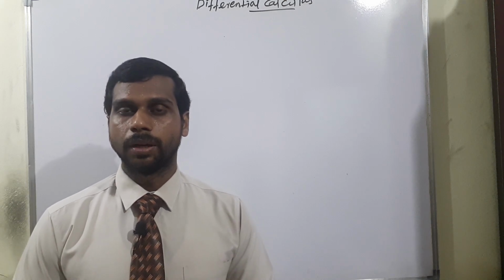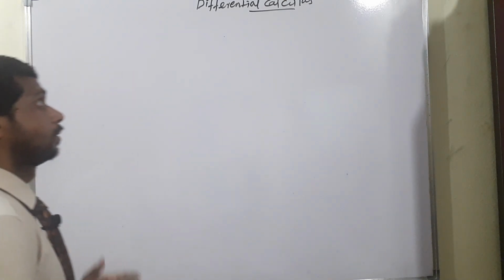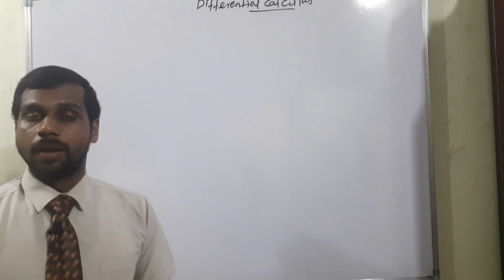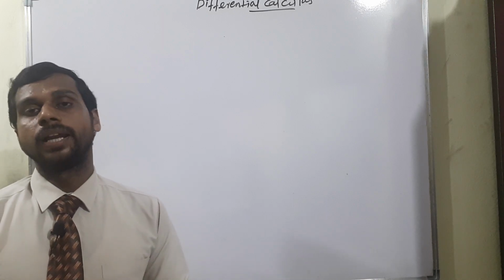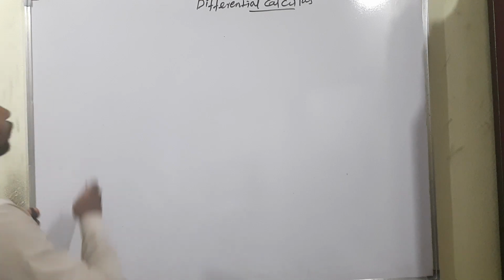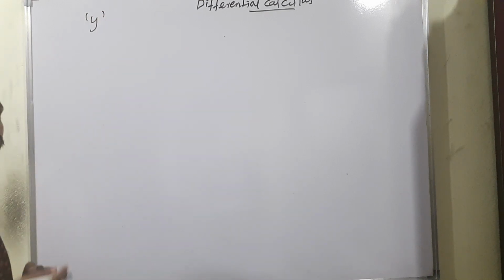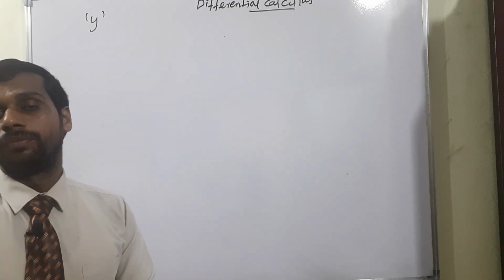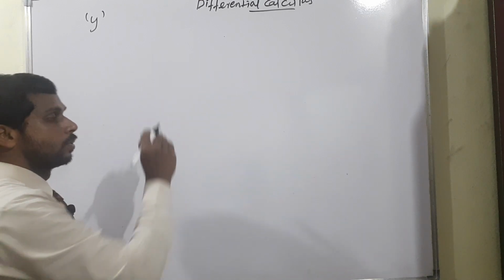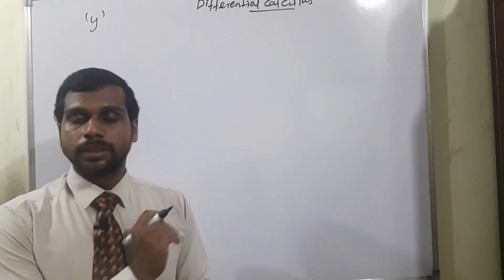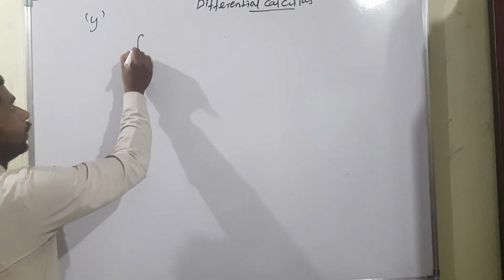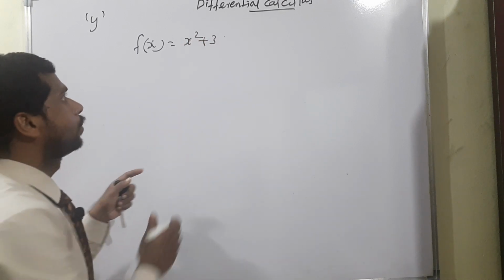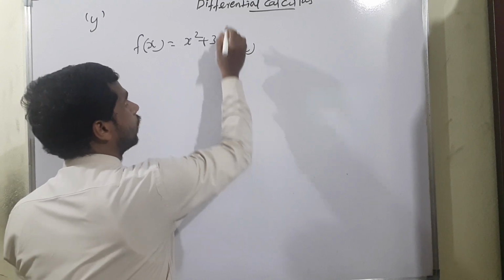The same concept. So first I am moving to the definition. What is the name of chapter number 10? Differential calculus. It is the rate at which the value of y, the value of the function, changes with respect to the change in the values of variable x. For example, we have a function f of x is equal to x square plus 3. Then how to apply the differentiation of the term, that is the differential calculus.